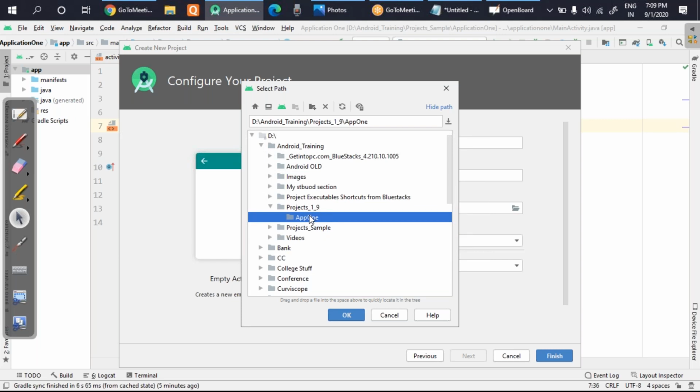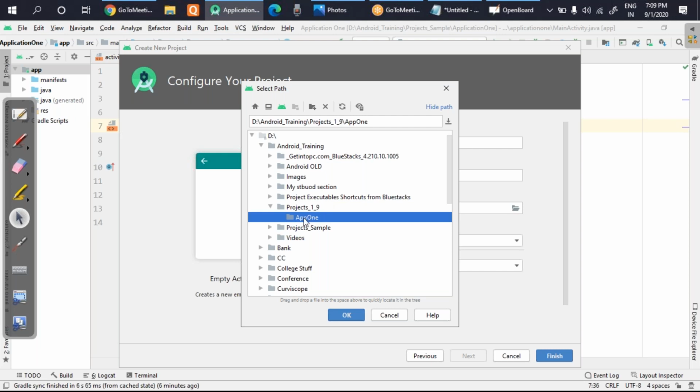If you don't choose in this way, what will happen? All the files created when this application starts will be scattered. But if you create a folder, then all the files will be stored inside this folder only. Then it will become easy for you to develop more and more projects, and all will be stored at one location only.